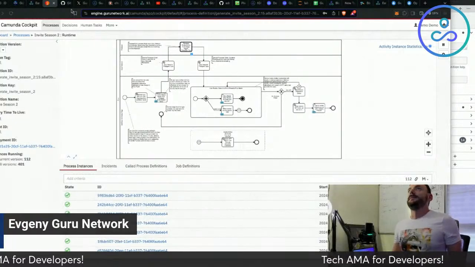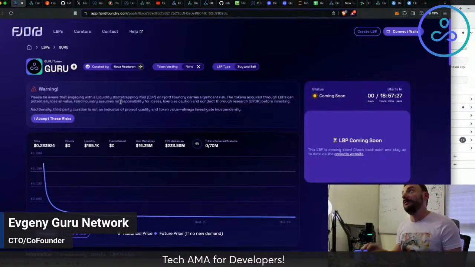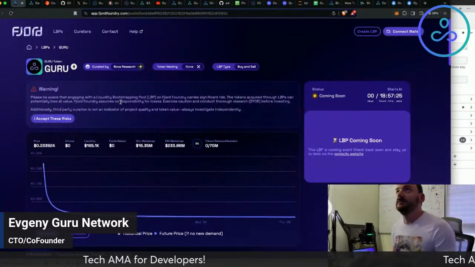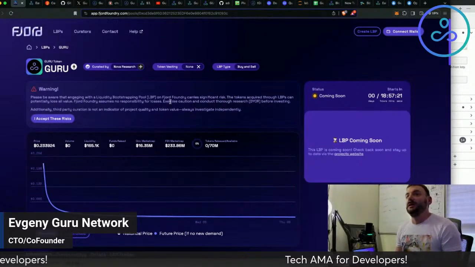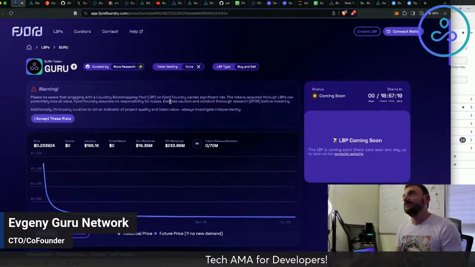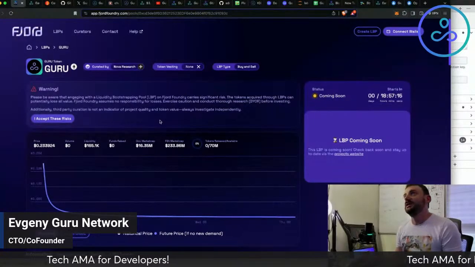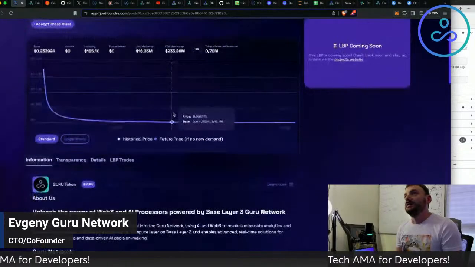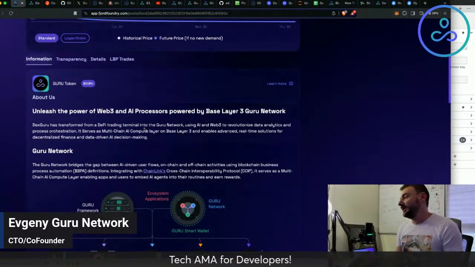So, technical review. Again, reminding everyone that we are finally answering the question of when Guru token, and there is a little bit beyond fjord in 18 hours, 19 hours, and Guru token is the main utility token of Guru network.